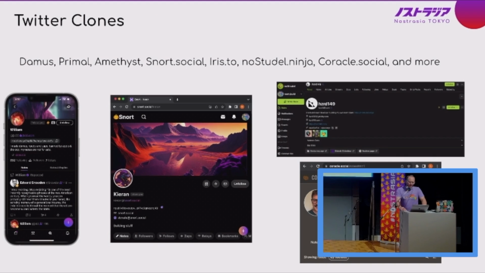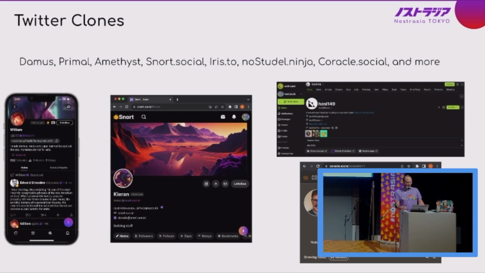This is what a lot of people think Nostr is: the Twitter clones, right? And they're great. It's what I use mostly, in all honesty. But there's so much more. But let's cover the clones. Damus. I'm sure most of you are aware of Damus. That's the iOS Nostr Twitter clone app. I hate to say Twitter clone, by the way. It's kind of what we have been calling them, but there's so much more than just a Twitter clone.